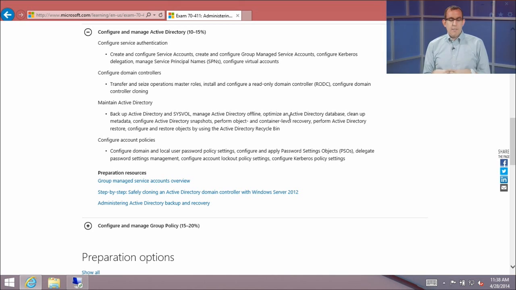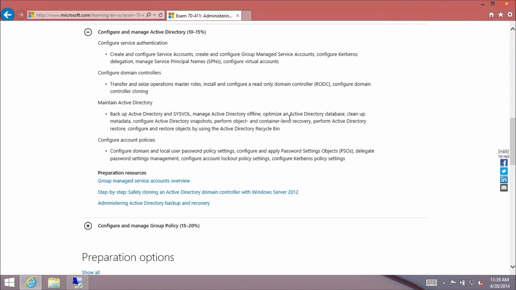Configure account policies. We did learn about this a little bit in 410. They talked about some of the basic policies within group policy. Here we're getting a little more real world, a little bit more real time. Domain and local user password policy settings, password settings objects, which are a brief introduction, a way to apply password policies to individuals, or at least on a smaller scale than your entire domain, which is the most narrow you can get